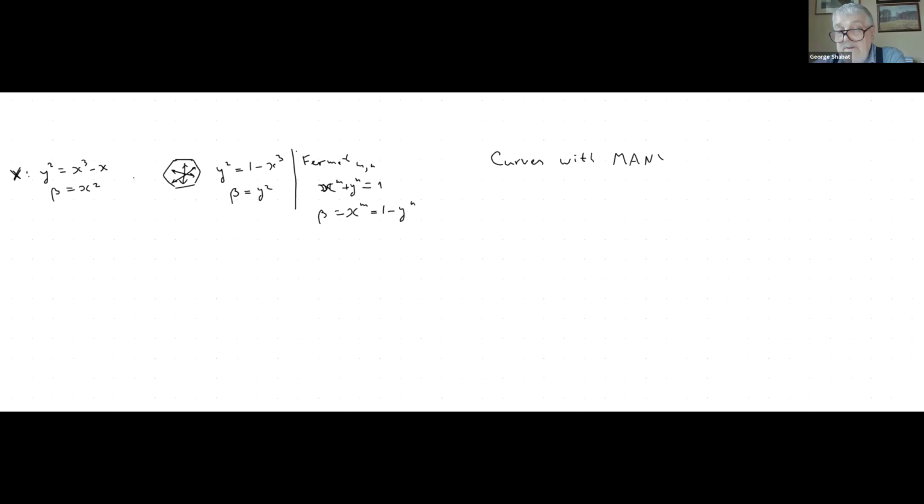They were studied in the 19th century by lots of mathematicians, and the definition is that the cardinality of the set of automorphisms is at least 8 times g plus 2, where g, as usual, is the genus of the curve. And then the theorem tells that they are the pairs x and